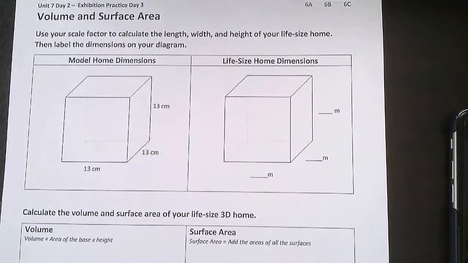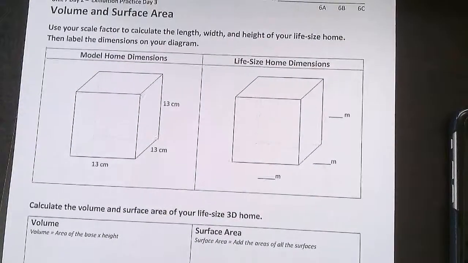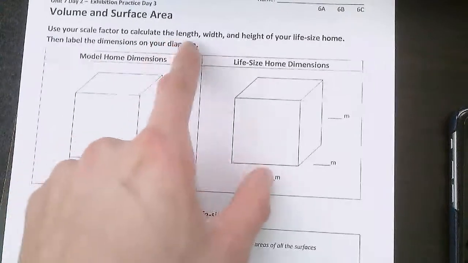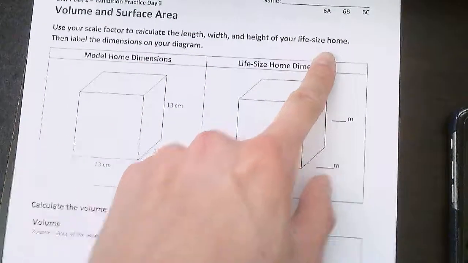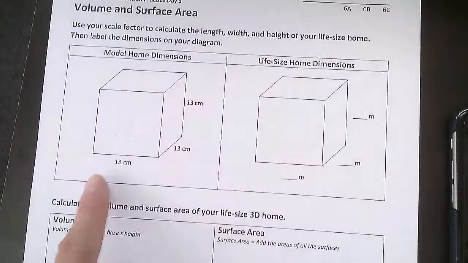Hello everybody, and this is the video notes for the volume and surface area of your exhibition project. For this part, it's asking you to use your scale factor to calculate the length, width, and height of your life-size home, then label the dimensions of your diagram. So in our model home,